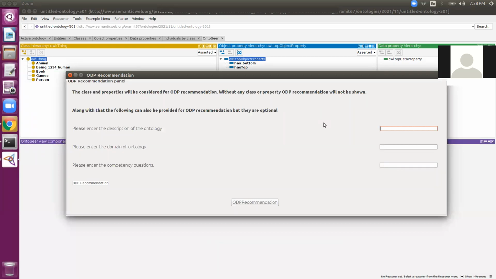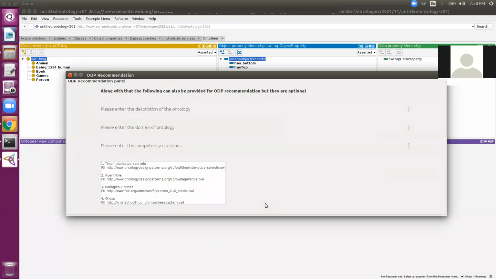For this video, we are not adding any of these things. After adding all the things, please click on the ODP recommendation button which is present at the end of this window. On clicking this button, Ontosphere will recommend time index person role, agent role, biological entities, and others for the classes like animal, being_1234_human, book, game, and person.